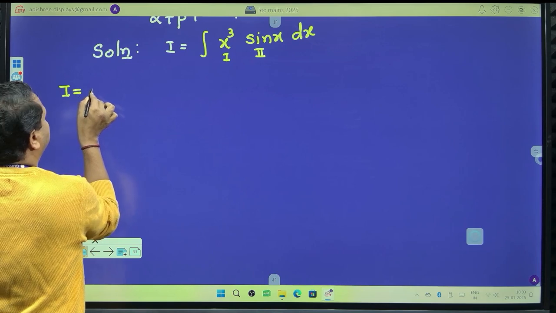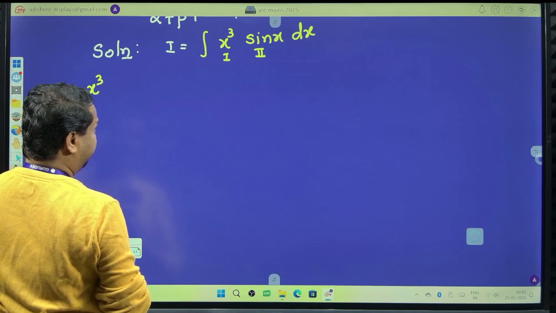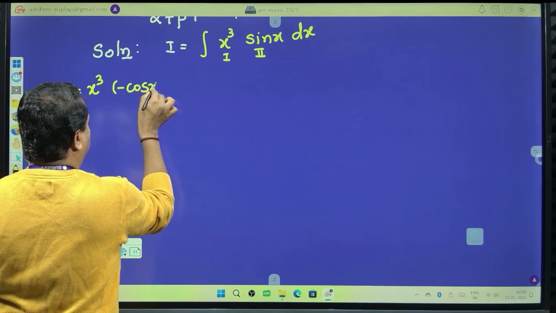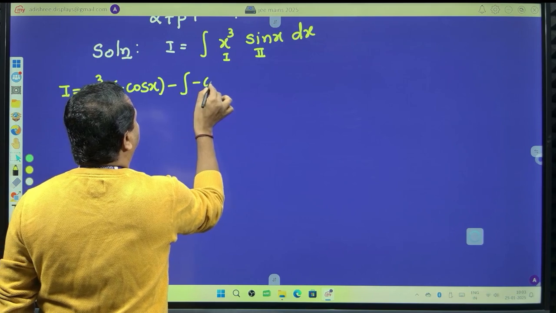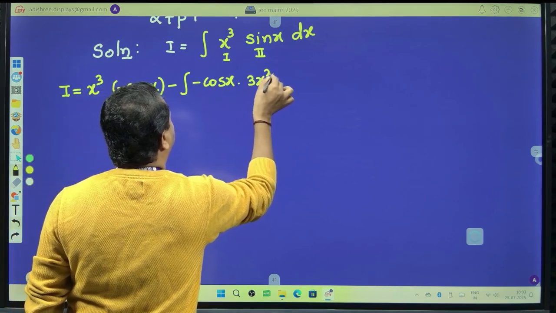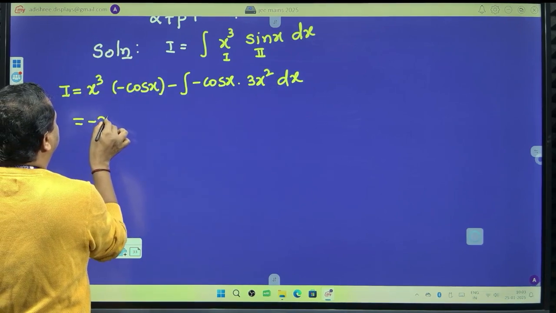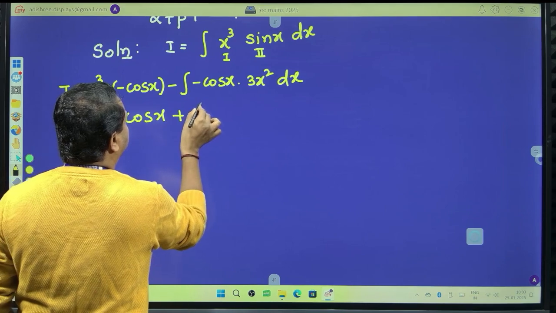I is equal to, keep the first function as it is. What is the integration of sin x? Minus cos x, minus integration of minus cos x. What is the differentiation of x cube? 3x square dx. What do we get? Minus x cube cos x plus integration of